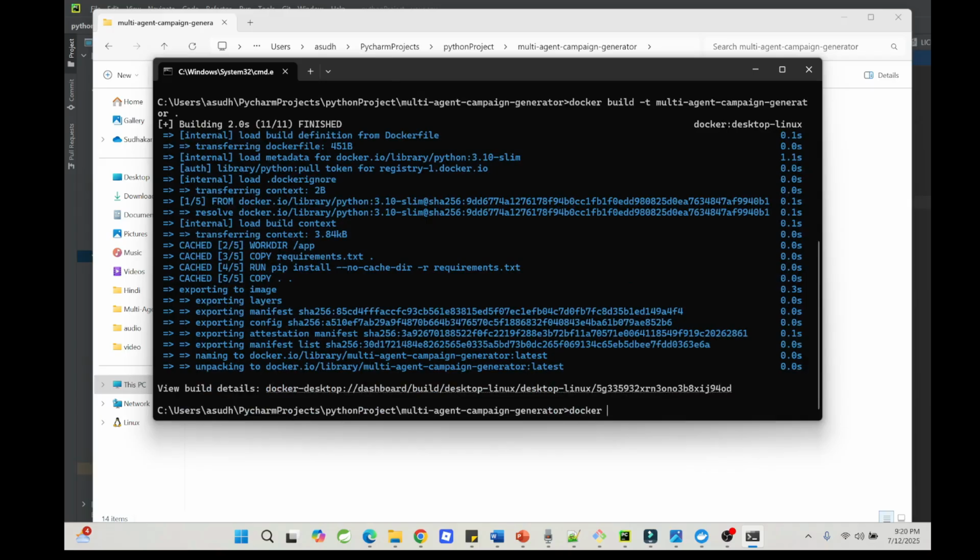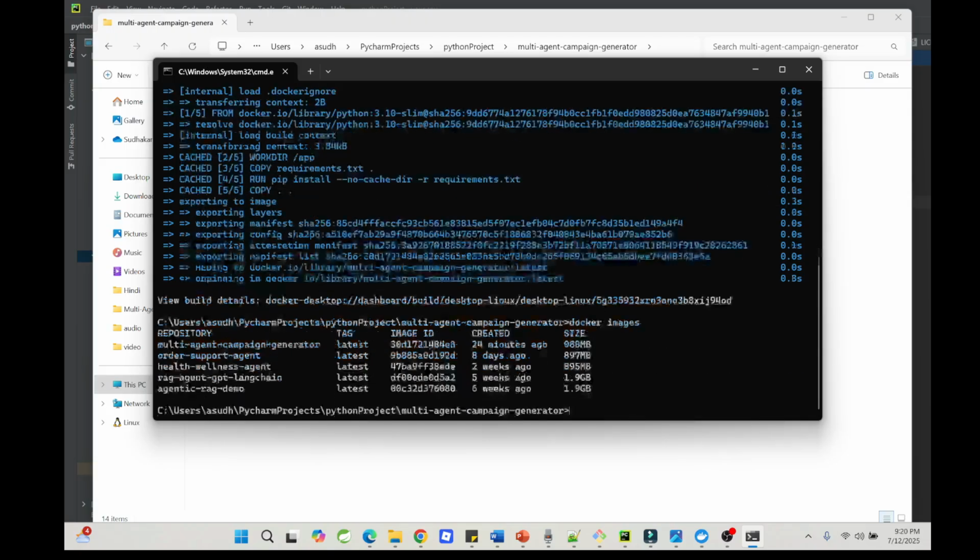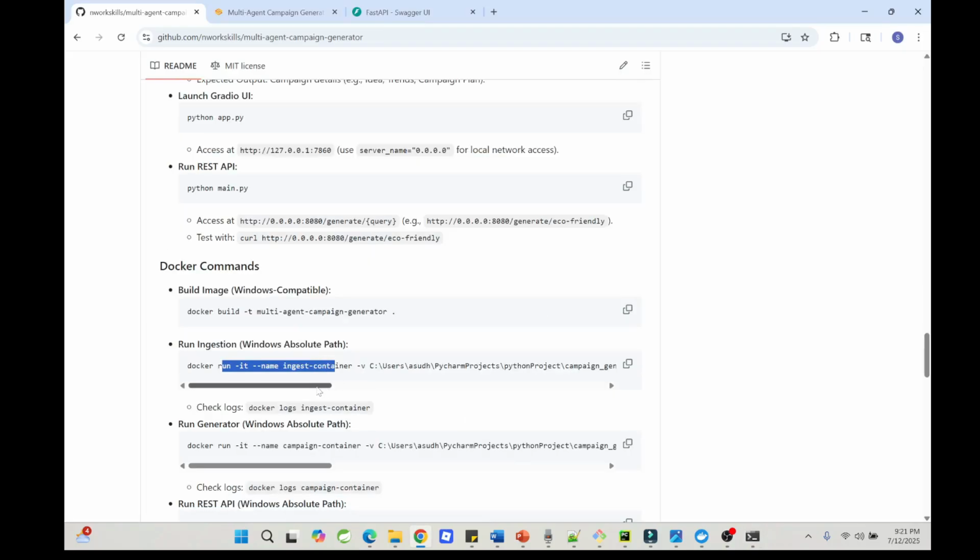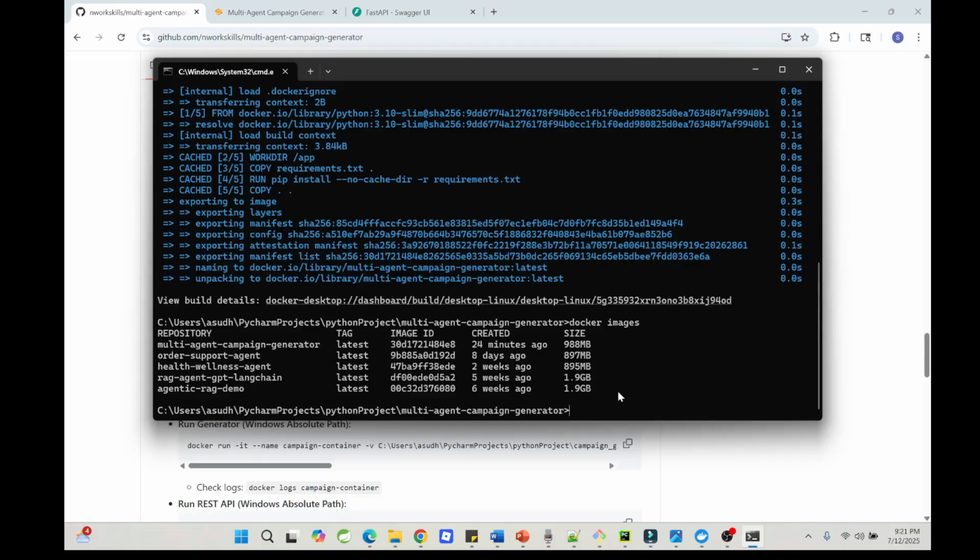Docker images, and you can see it is built, it is there. And let's copy the run command to execute the Docker. This is the run command. This is the path. We have to make sure you place your path where the project location is. This is my path, and if we copy and paste it here,